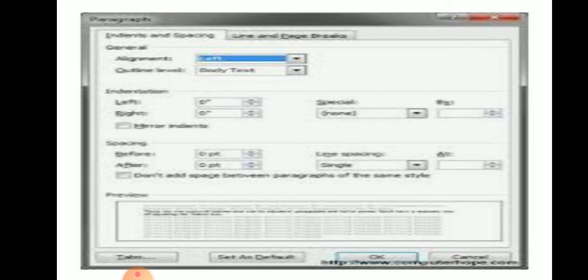Then we click on the paragraph dialog box launcher on the home tab. The paragraph dialog box will open, and we select the indents and spacing tab. Now under spacing, enter the spacing we want in the before and after boxes itself. Then we click on OK.